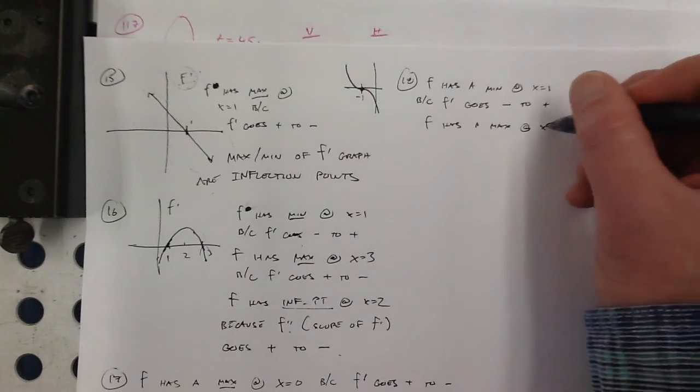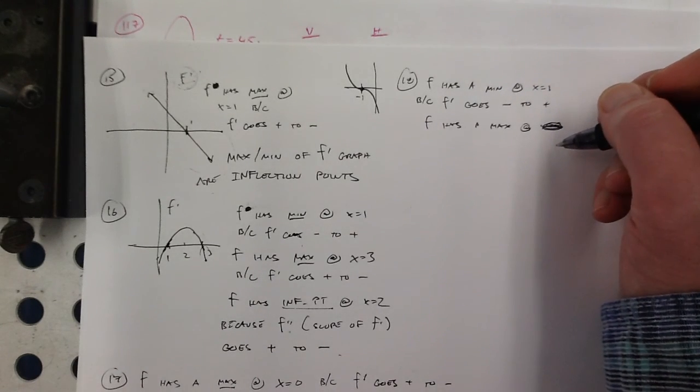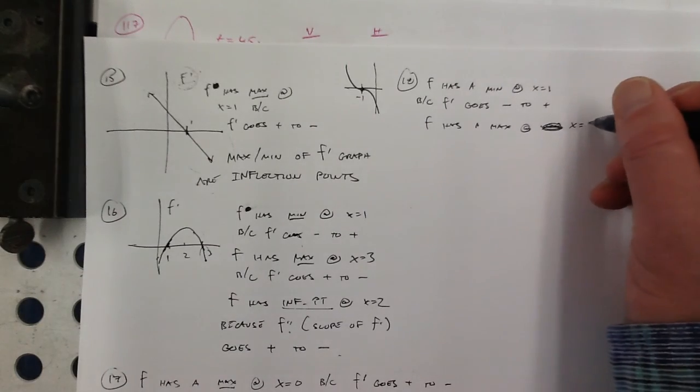Nope, just kidding. I'm looking for places where it crosses. That's going to be the inflection point at x equals 3, or one of them. The maximum is at x equals 5